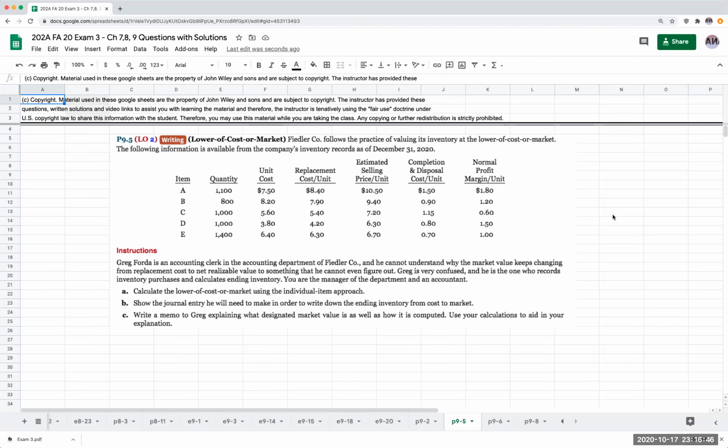Okay, so lower of cost or market. Fielder Company has the practice of valuing its inventory at the lower of cost or market. The following information is available from the company's inventory records. When we look at a question like this, market is going to be defined as the middle value